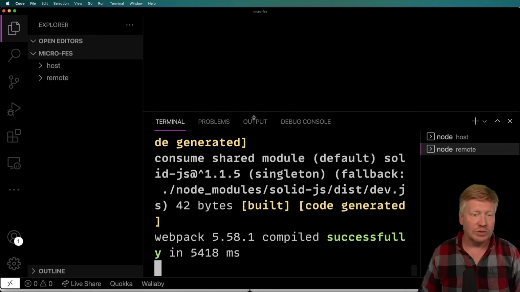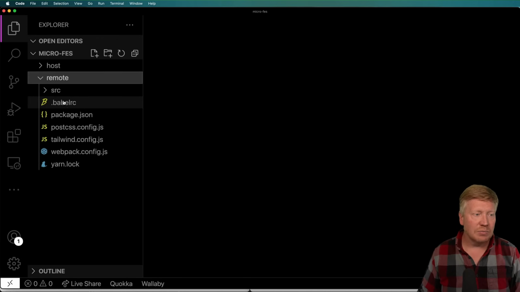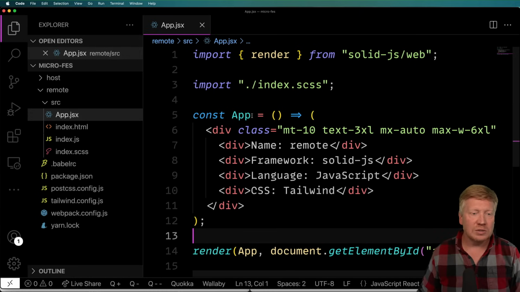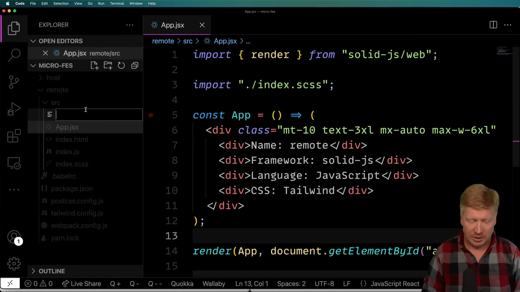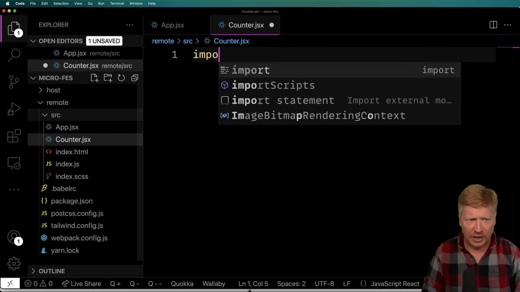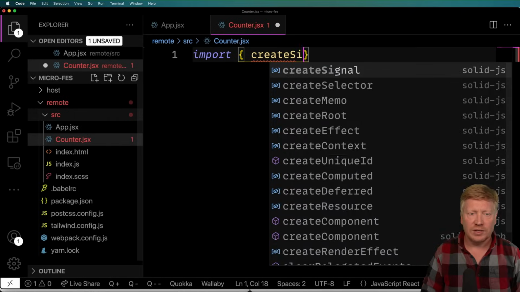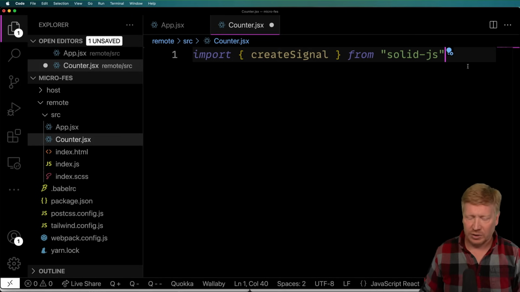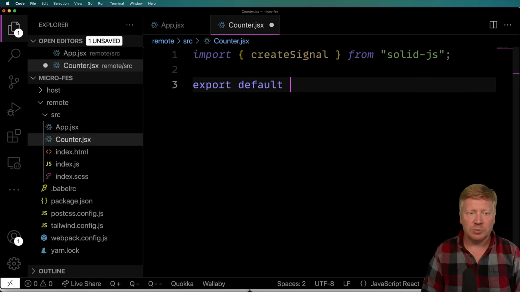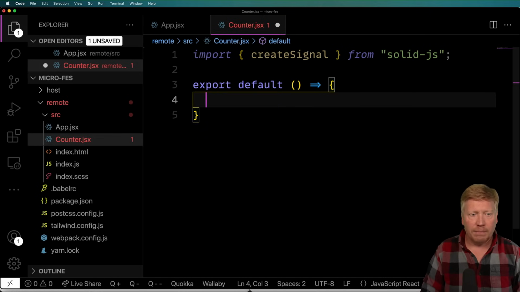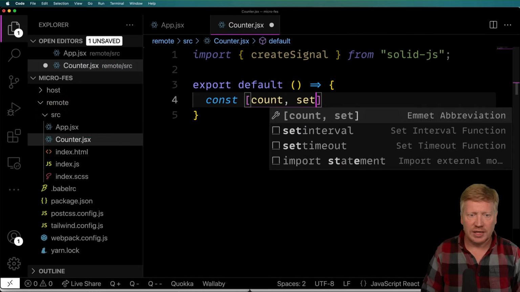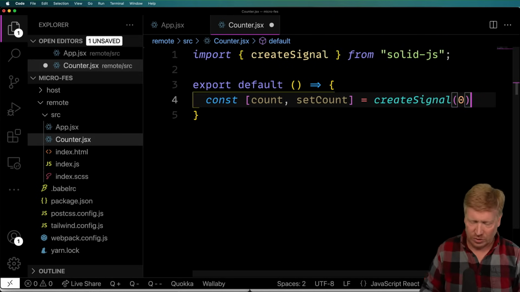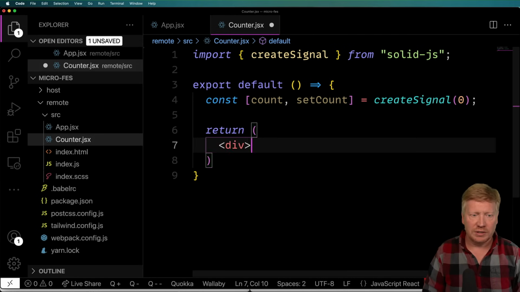So we'll go back over into our Visual Studio, close down this, bring up remote. We can see that we've got an app.jsx file in here that basically puts up what's on the screen. So we need to go and create another component. Call that one counter.jsx. And we're going to bring in from SolidJS create signal. And that's how you track state in SolidJS, basically the equivalent of use state in React. Now I'm going to export a default function and create a count and a set count. Using that create signal, start off with 0,